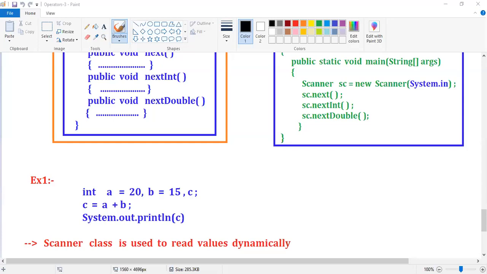Now, Scanner class contains different methods. Guys, here we have different methods.